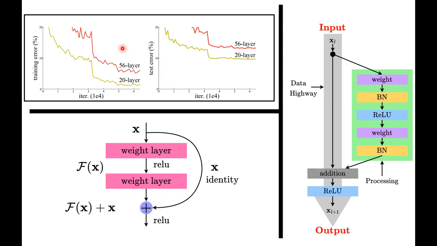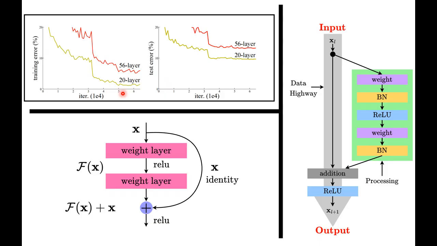But suppose the additional 36 layers were doing nothing. They were just copying the output of the 20 layer model directly to the output of the whole model. So this is a copy and paste function, and we call this the identity function, doing nothing. But if the rest of the 36 layers can do at least copy pasting, then our 56 layer model must perform at least as well as the 20 layer model. But it is not what is happening.